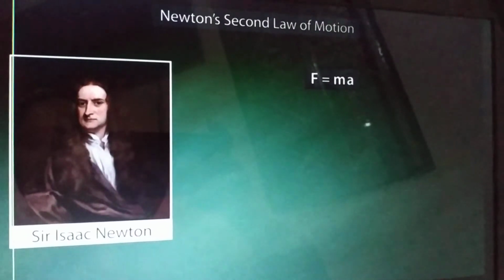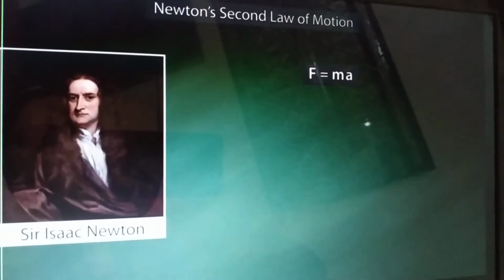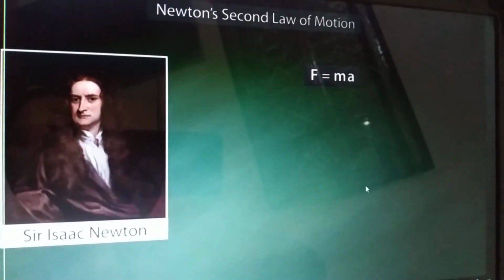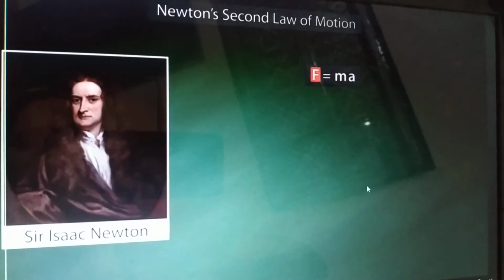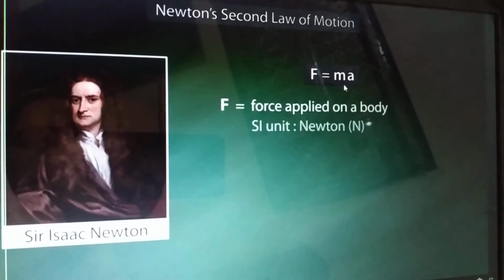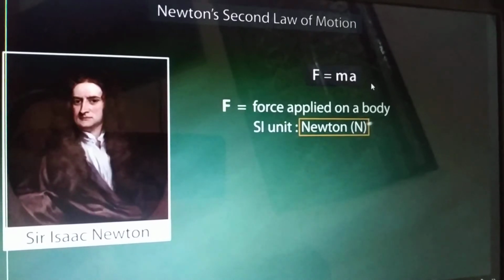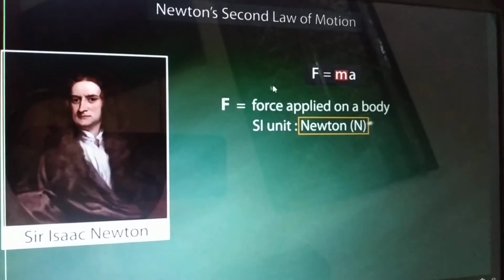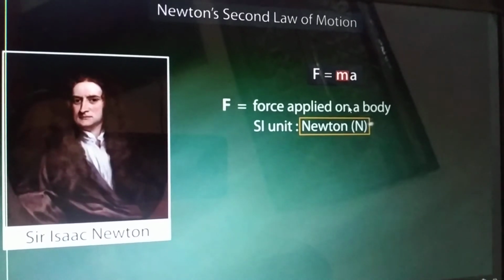So students, let us discuss Newton's second law of motion. So what is Newton's second law of motion? That is F is equal to ma, right? So what is F here? F is the force applied on a body,